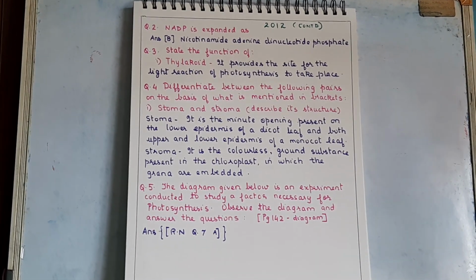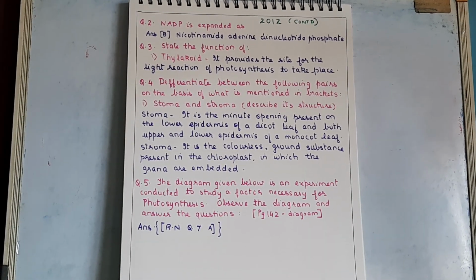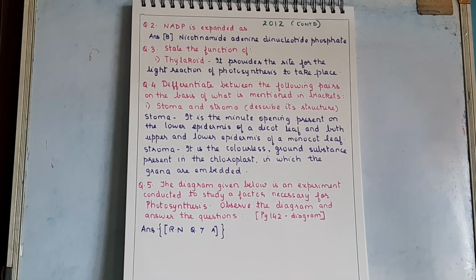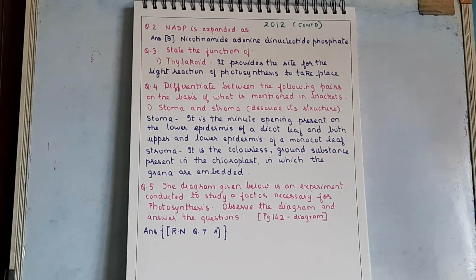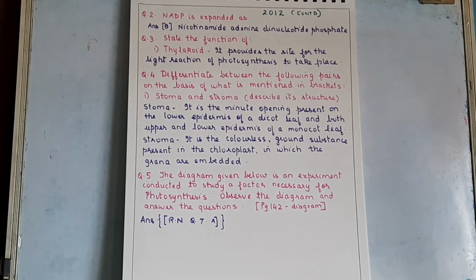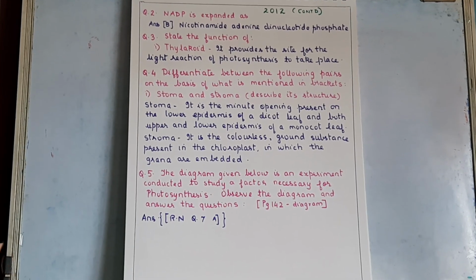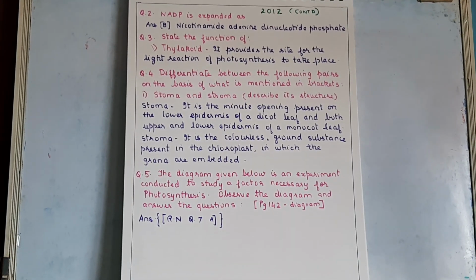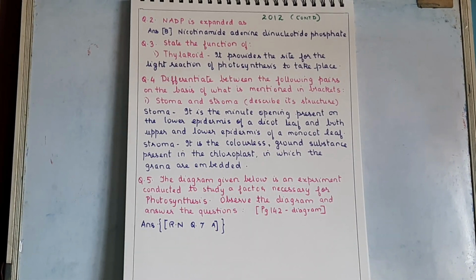Then what is the expected result of the above test on the parts labeled A and B? Now A is the white portion and B is the green portion. So the white portion after starch test, what will happen to it? Yes, it will show brown coloration because of the absence of starch and no photosynthesis. And the B part is green in color, so chlorophyll was present, so it could carry out photosynthesis, so that will show a blue black coloration.